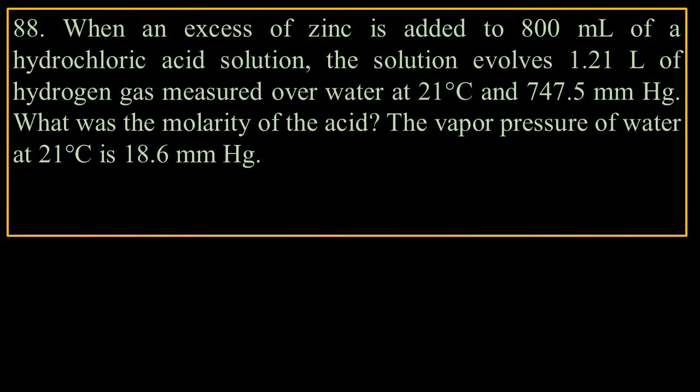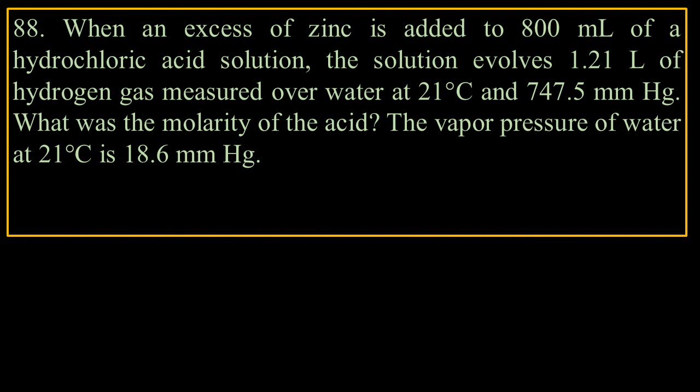Now, the next one is going to be very involved, and it's almost like a final exam by itself. Let's read it. When an excess of zinc is added to 800 milliliters of hydrochloric acid solution, the solution evolves 1.21 liters of hydrogen gas measured over water at 21 degrees Celsius and 747.5 millimeters of mercury. What was the molarity of the acid? The vapor pressure of the water at 21 degrees Celsius is